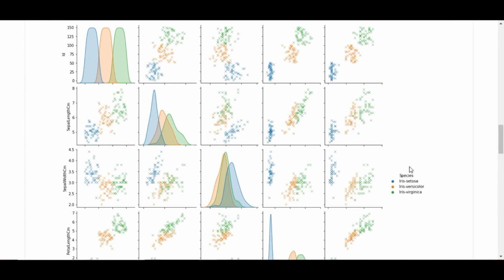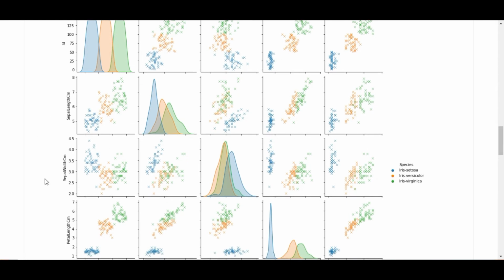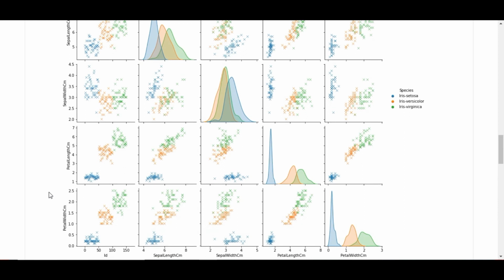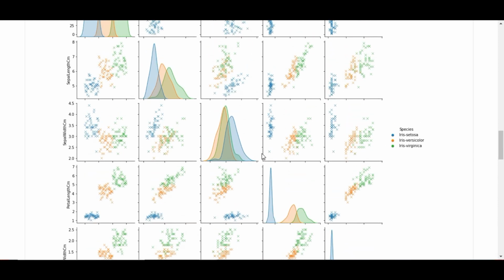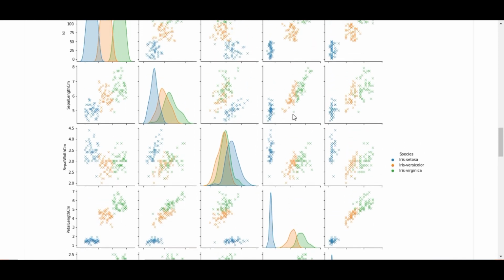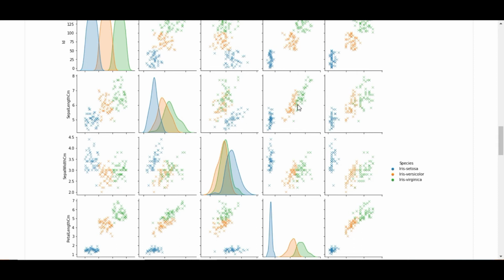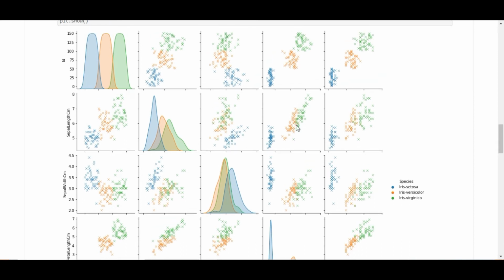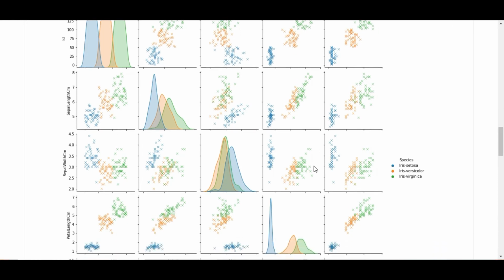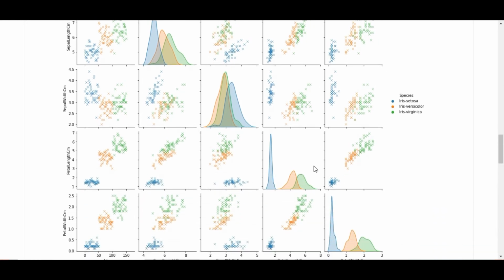As you can see, iris setosa in each case, that is sepal length, sepal width, petal length and petal width, is not related to the other two, which are versicolor and virginica. However, in each case the versicolor and virginica are overlapping each other.